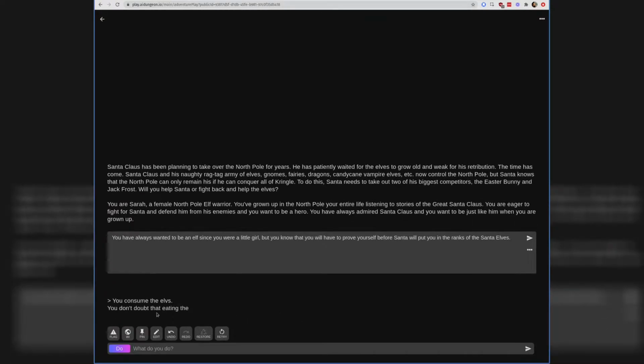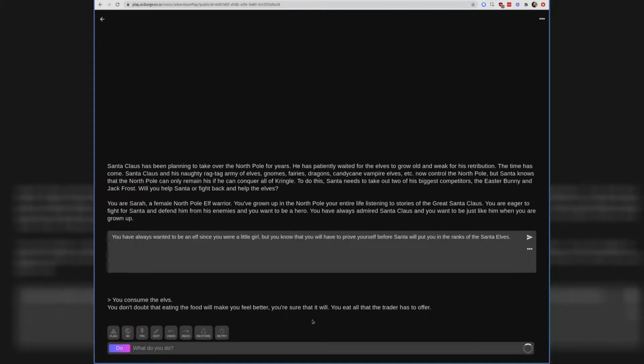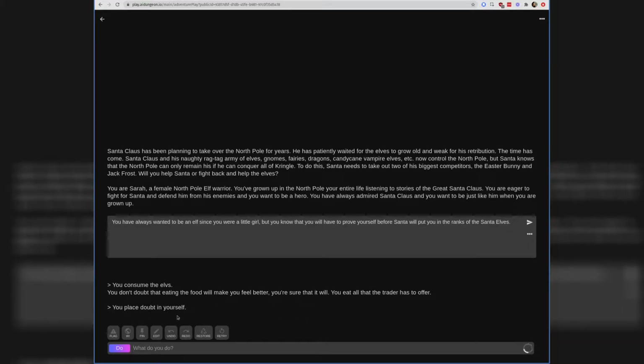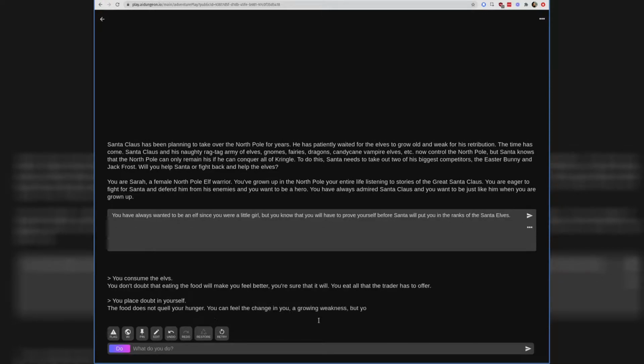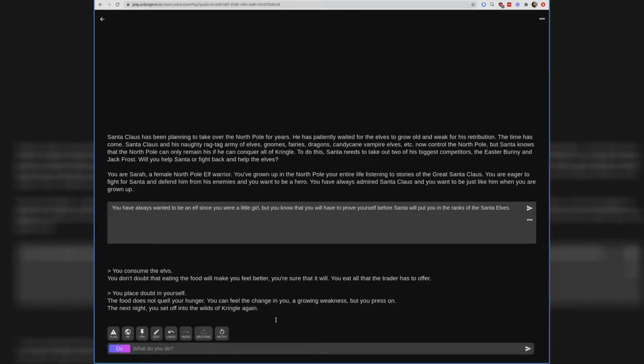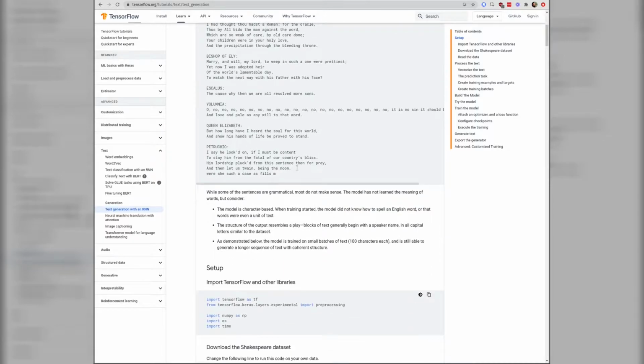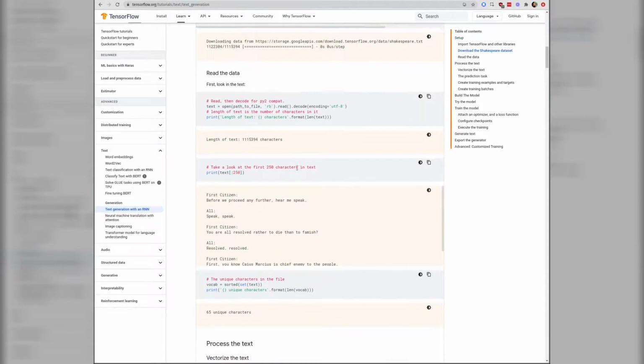AI Dungeon was another one of those very fascinating projects that came out as well, which is like text adventure generation by using completely just generative AI. I thought I'd try this someday, but instead of generating just short replies like SMS messages, I want to try to generate whole essays based off Singlish. Cause why not?